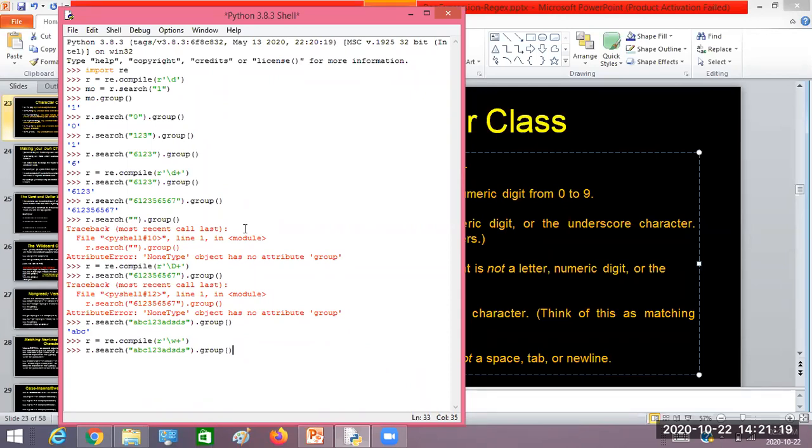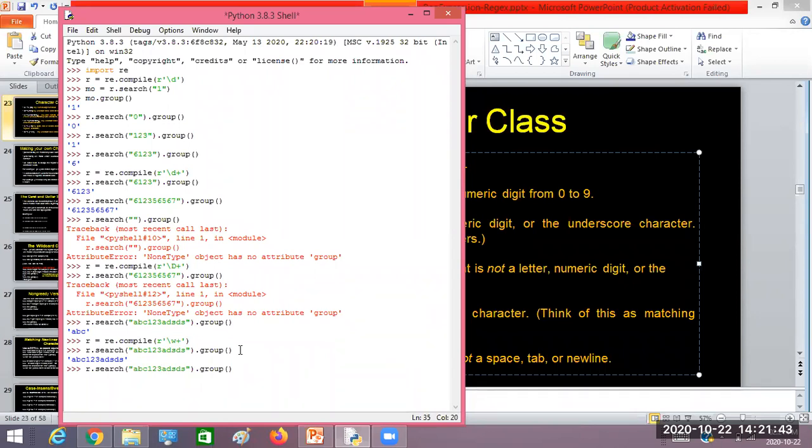So now what will be the output from this one? Full line, sir. Yes. Why? Because you see here, what I have here is ABC, followed by numbers, which match the pattern, then followed by some letters, which again match the pattern. So that's why we'll be getting the complete string given in the input.